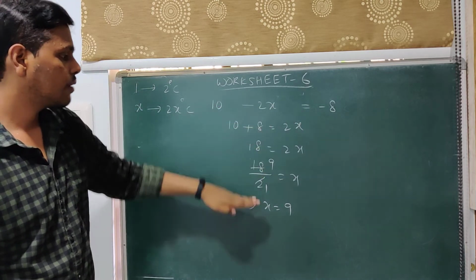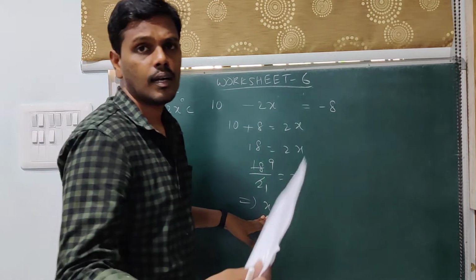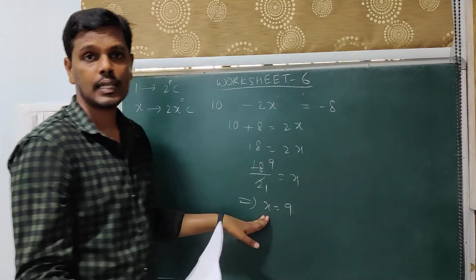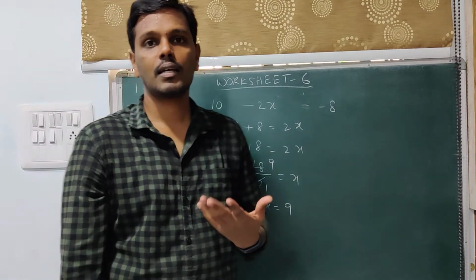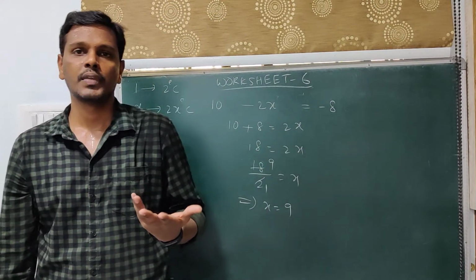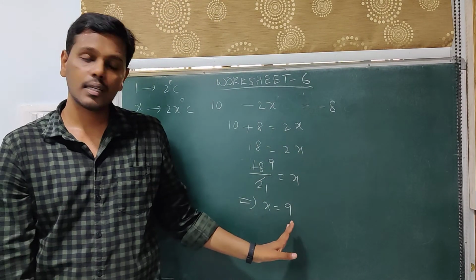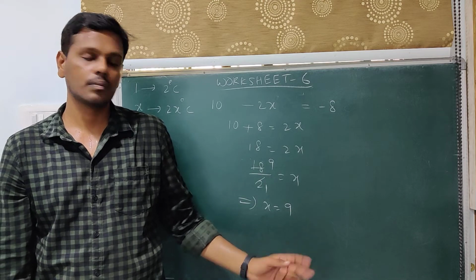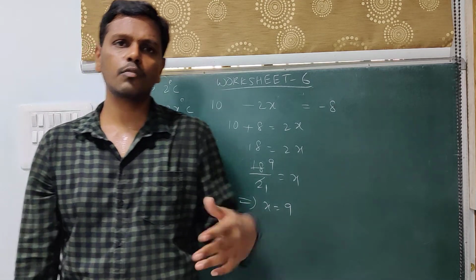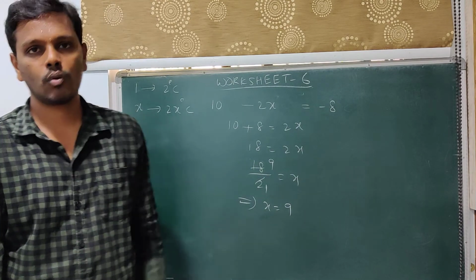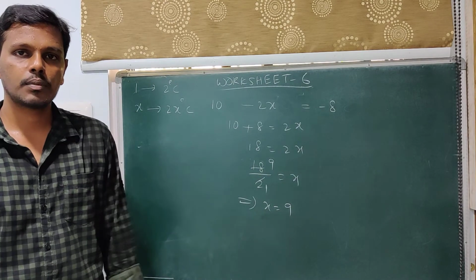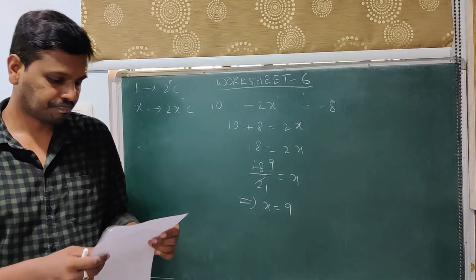So I have a simple equation, and I came to know that after 9 hours the temperature becomes minus 8 degrees. So after 12, I am calculating 9 hours as the time. So 9 hours is the same as 9 o'clock. If it were 11 hours, it would have been 11 o'clock at night; if it is 10 hours, it would have been 10 o'clock. So that is the interpretation, that is the first part of the question.